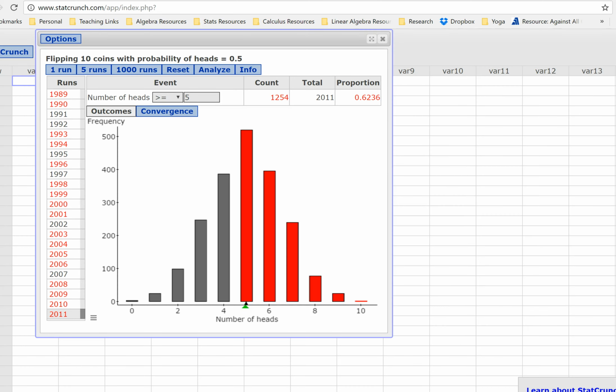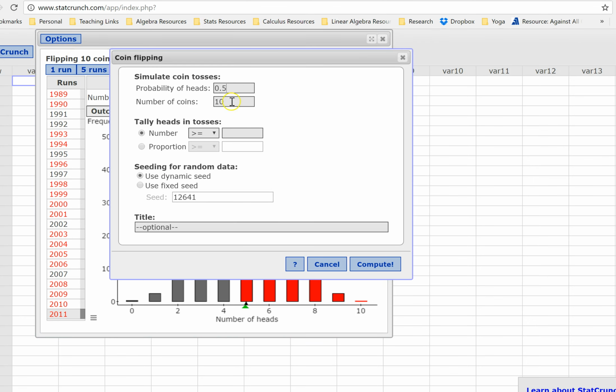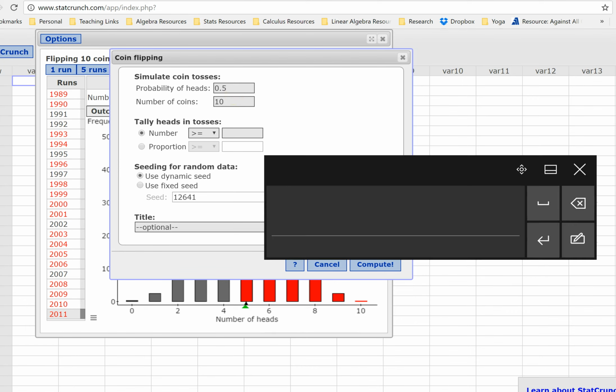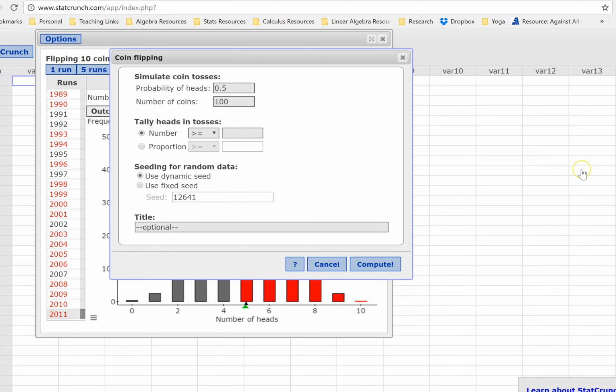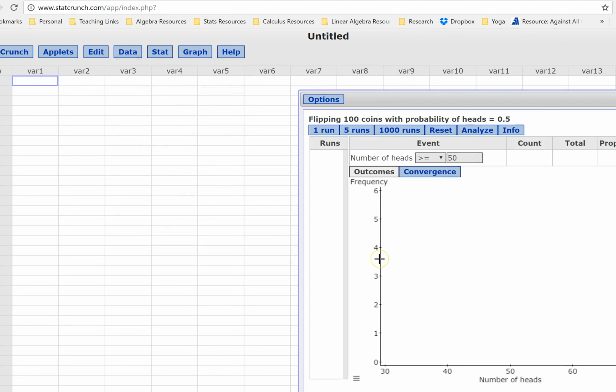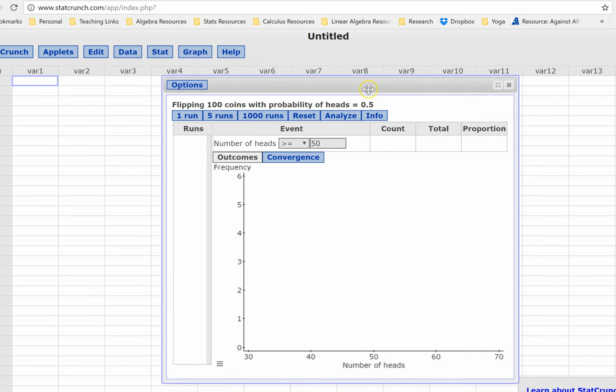say, okay, I have this. Let me change my options. And this time, instead of looking at 10 coins, let's look at 100. Let me make that a 0. All right, so if we compute this,